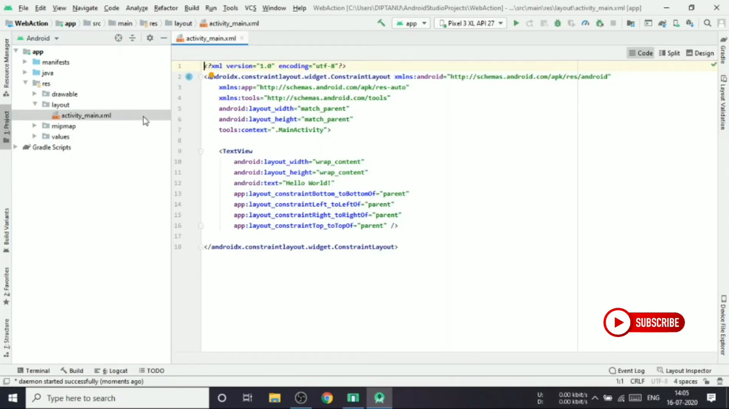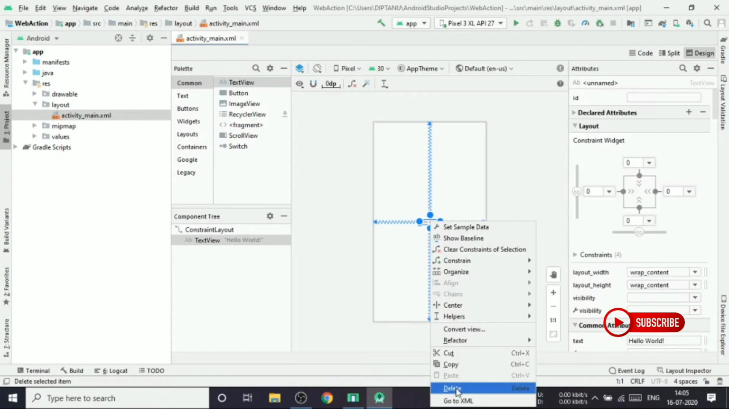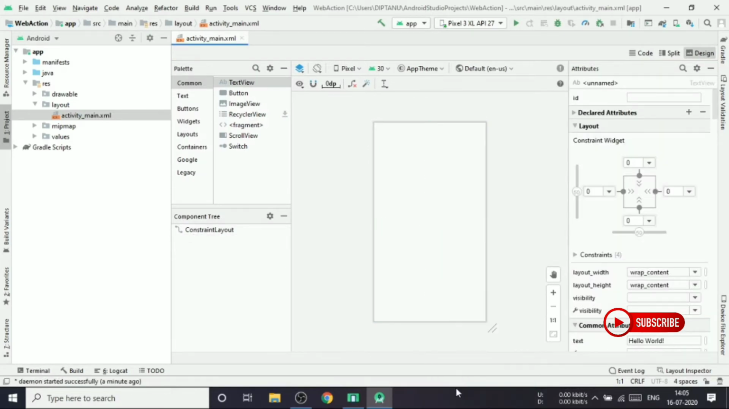So in empty activity you get only one activity main XML file, whereas in basic activity you get a couple more, actually 3 more XML files. These are basically content main XML file and first or second XML file, whatever. We don't need them for now. So when you go to design, you will see that there is hello world. I don't need this hello world, I don't need this text view, so I will delete this for now, and